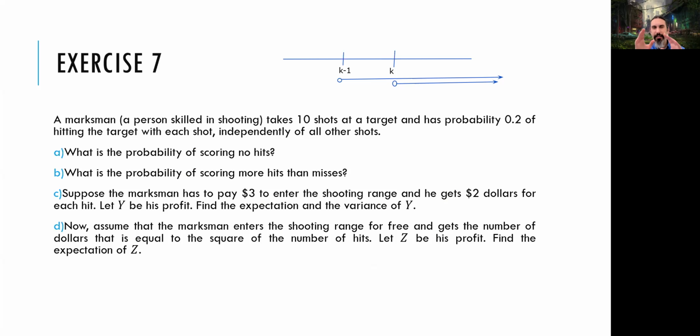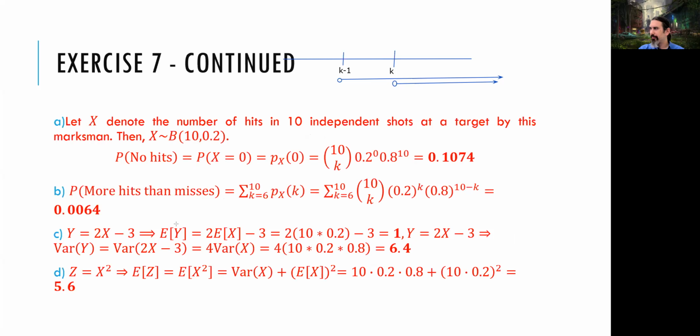shooting something, hitting it is a success. This is a trial question once again. So it's a success hitting it. It has a success rate of 0.2. P is 0.2. N is 10 because I'm taking 10 shots. What's the probability of scoring no hits? K is 0. Okay, then I'll just say X is equal to 0. Oops, let's just clear this one by the way. So I'm going to find the probability of X is equal to 0. I already know that N is 10 and P is 0.2. I'll just plug those in. This K is 0. So the value that I'm going to find is 0.1074.